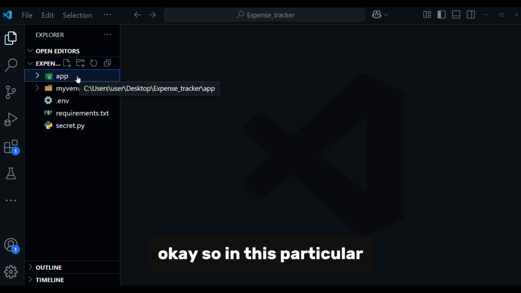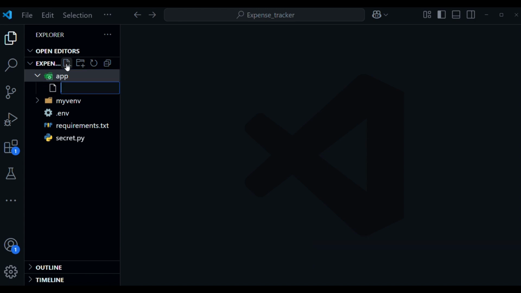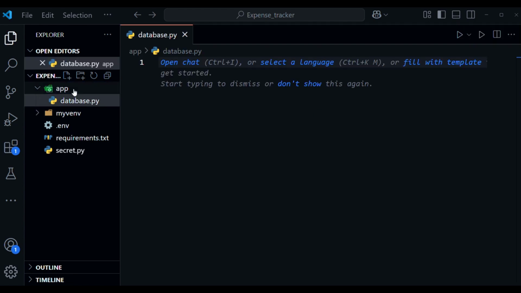Okay, so you click on the folder that you have. Currently there's nothing inside, that's why when we are collapsing, nothing is showing. So we click on it before we select create a new file. The file that I'm going to call database.py is going to be a Python file. So now,